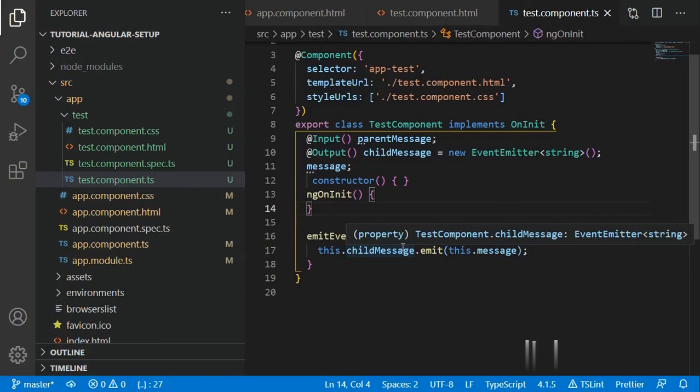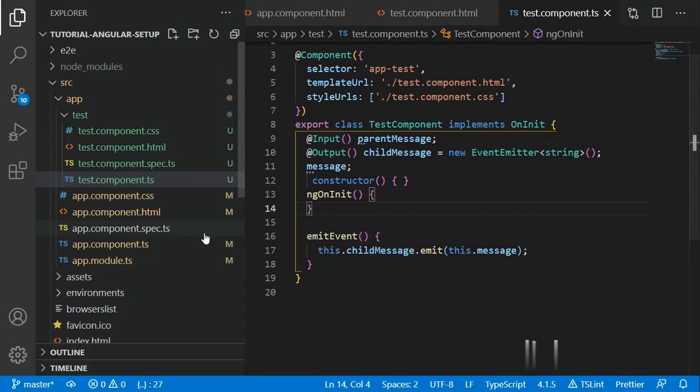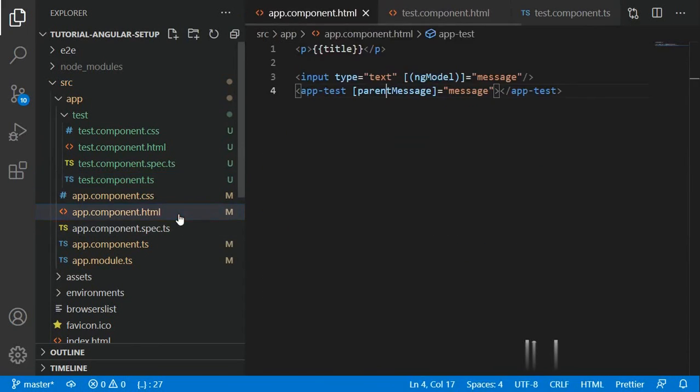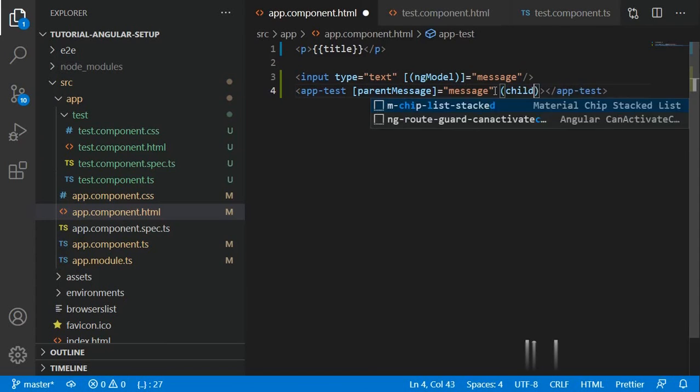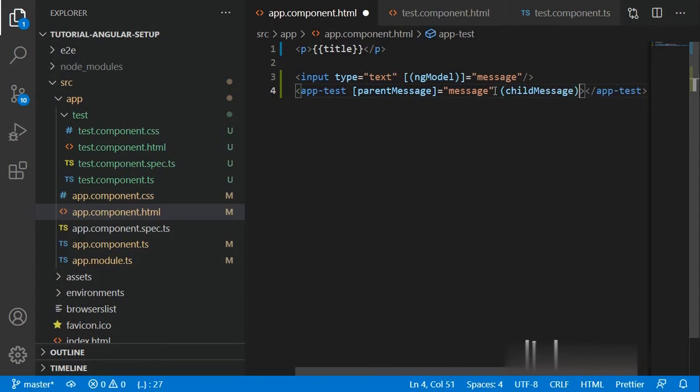How can you receive it in your parent component? Let's go to the parent HTML file. Here, to receive the event, you have to do like this. This is the name of the event which is defined in your child component.